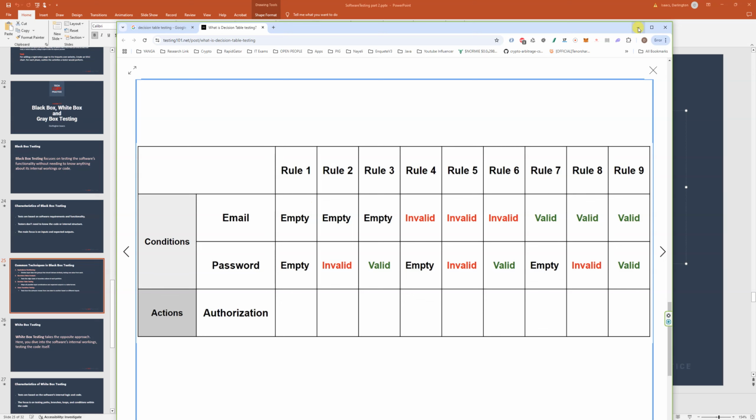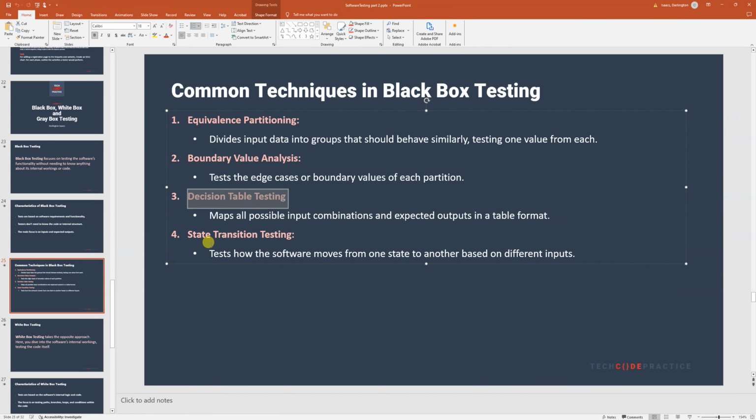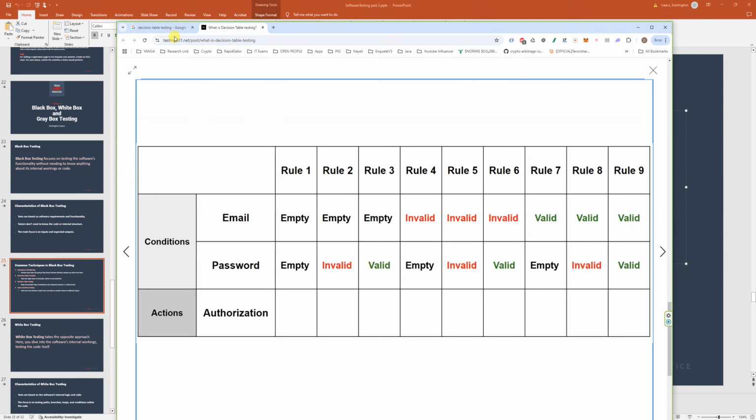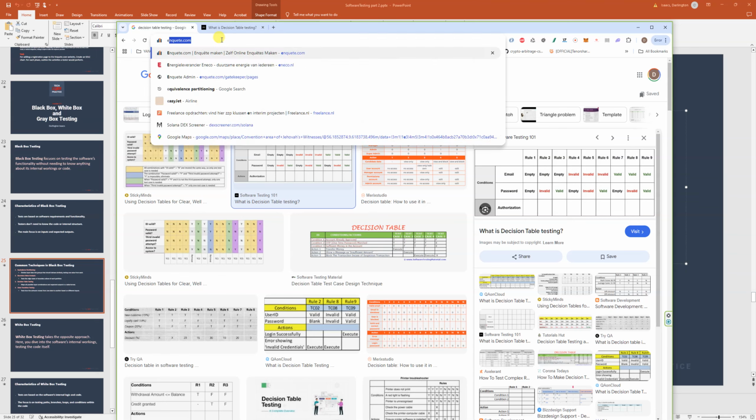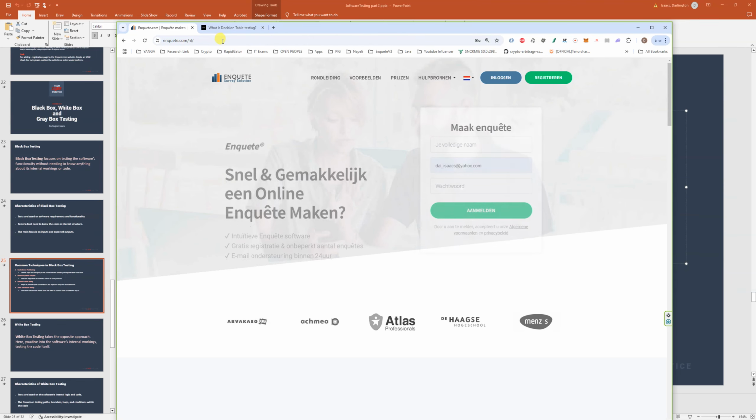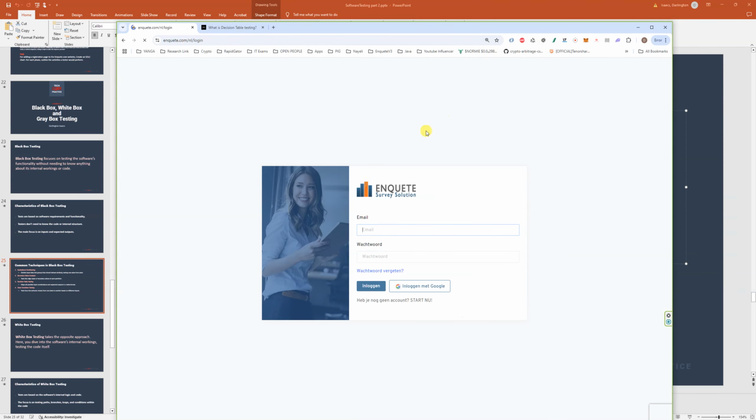So quite interesting. Then you have state transition testing, and this tests how the software moves from one state to another state based on different inputs. So a state is basically saying how the software behaves. Let me give an example. I don't know if we have a very good example here, but what if for some reason I log in with this email,